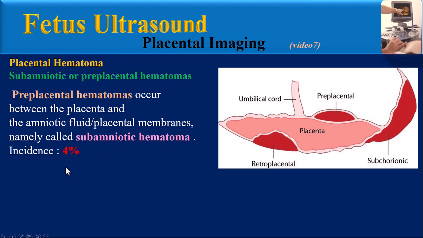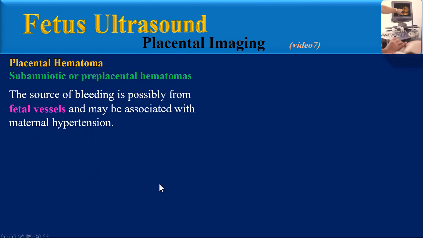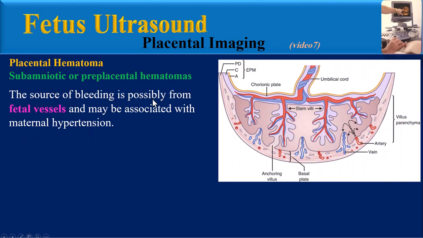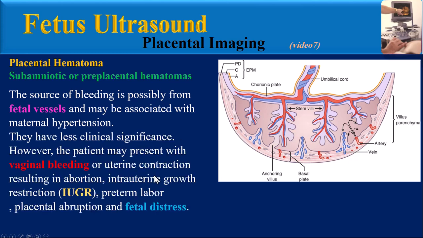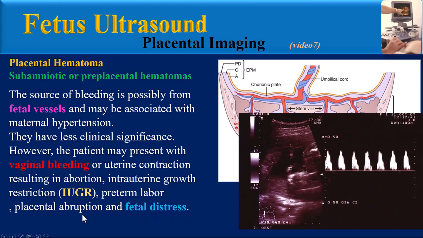Its incidence is about 4% of all placental hematomas. The source of bleeding is possibly from the fetal vessels and may be associated with maternal hypertension. They have less clinical significance. However, the patient may present with vaginal bleeding or uterine contraction, resulting in abortion, intrauterine growth restriction, preterm labor, placental